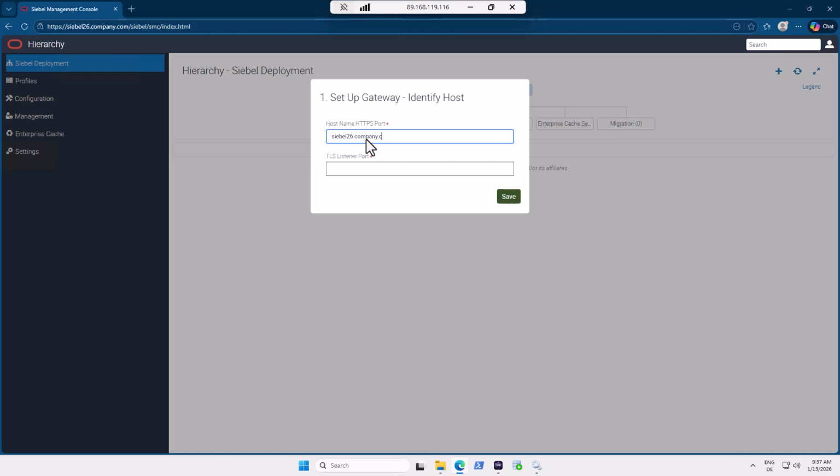So you need the machine name, the host name, a colon, and the HTTPS port of that internal Tomcat. And of course it's HTTPS, so if you mess up your certificates, this will not work. And then you need a TLS listener port, or a very ambiguous description. Almost every listener port is TLS these days, but this is going to be a port on that internal Tomcat